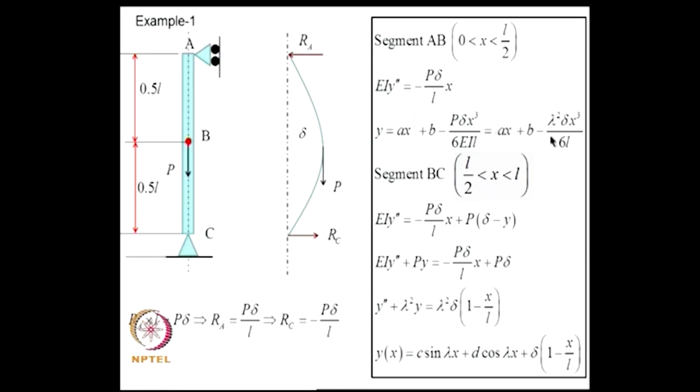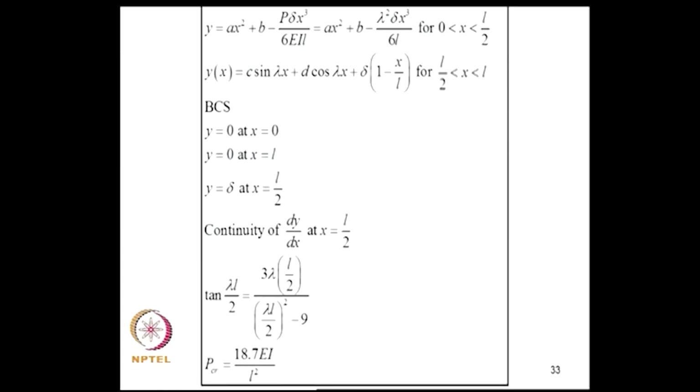This is the solution, and for segment BC I get a similar equation, but now when I am in segment BC, when I write bending moment, I should include the effect of P also. So, delta minus y will be the arm for taking moments, and that Py will come here, and consequently the complementary function here will be having sine and cosine terms. So, we can analyze this problem,